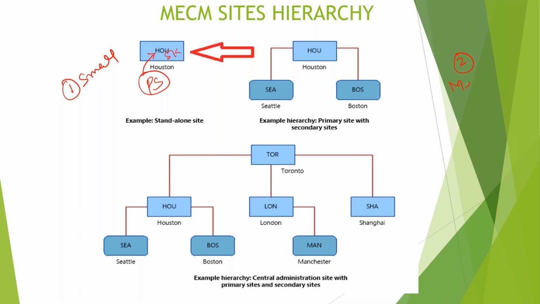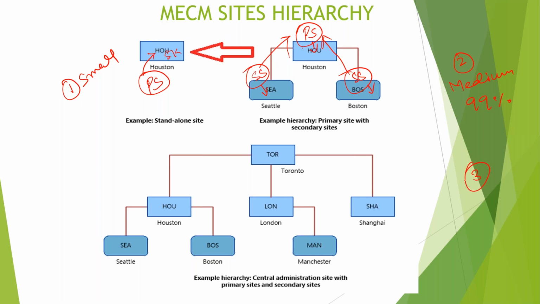Second, medium size organization. 99% of the time you will get this kind of architecture. So wherever you go, almost everywhere you will find this one. So primary will be managing the devices in Houston, for example, and secondary will be managing devices in branch offices. So primary will be there in headquarter and secondary will be there in branch offices. We have two branch offices here in this example, and both secondary will report to primary like this. So this example has primary plus secondary.